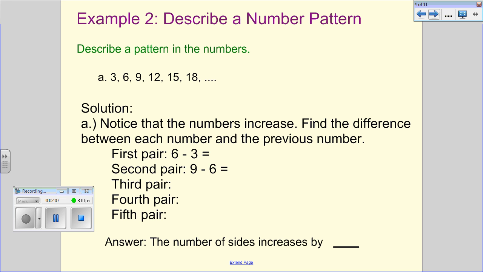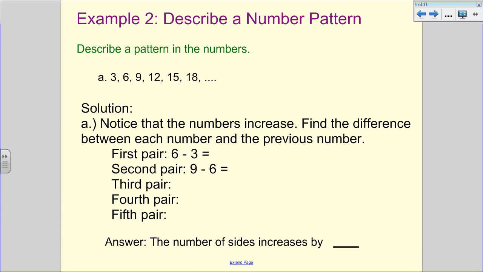If we look at the solution here, it says, notice that the numbers increase. That's really important. We need to know, is it an increasing pattern or decreasing? We're going to find the difference between each pair of numbers and the previous numbers. We start with the second number, 6, and subtract the first number: 6 minus 3 is 3. We take the third number and subtract the second number: 9 minus 6 is 3. For my third pair, 12 minus 9 equals 3. The fourth pair, 15 minus 12 is 3. And then the fifth pair is 18 minus 15